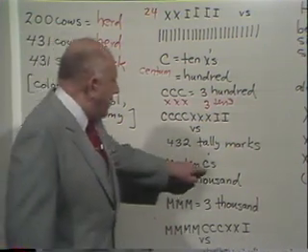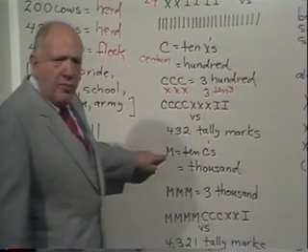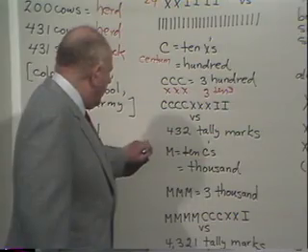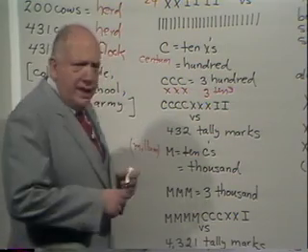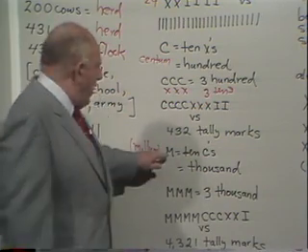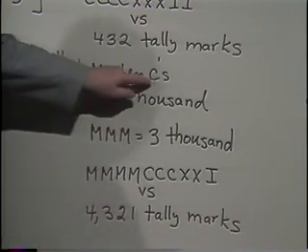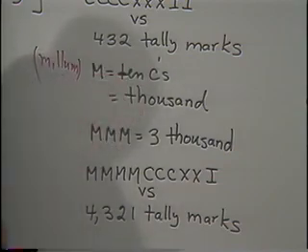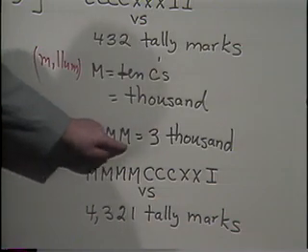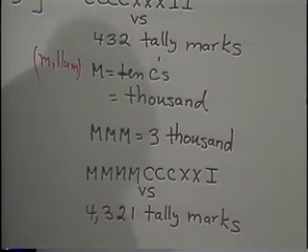Now when they came to 10 C's, they decided, well, we'll make up a new letter. The Latin word for 1,000 was mille. That's where the word millimeter comes from, milligram, 1,000th of. So M became known as the symbol for 10 C's. Since each C was 100, 10 C's were 1,000. Now when I draw the 3 M's over here, the adjective 3 is the same, but now it modifies 3,000.